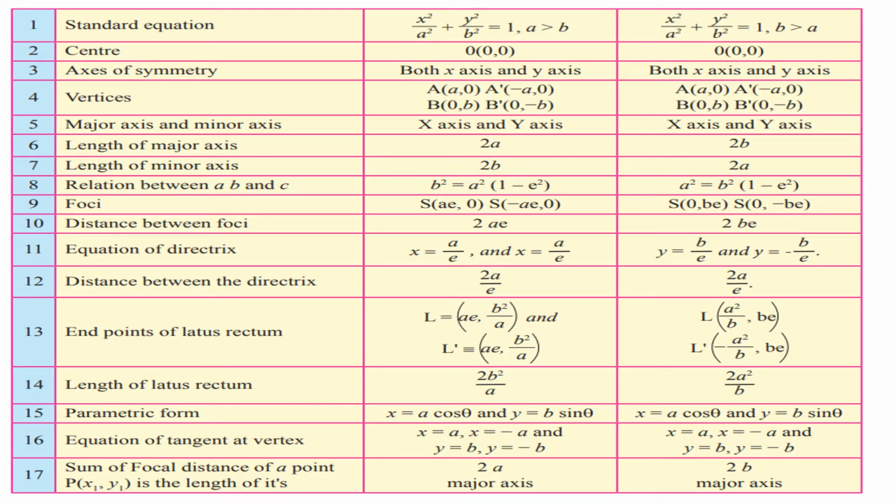Okay. There are two types of ellipse. One is x square upon a square plus y square upon b square equal to 1, the equation remains same. Here a is greater than b, so this is horizontal ellipse ऐसा. And here when b is greater than a, it is vertical ellipse ऐसा.